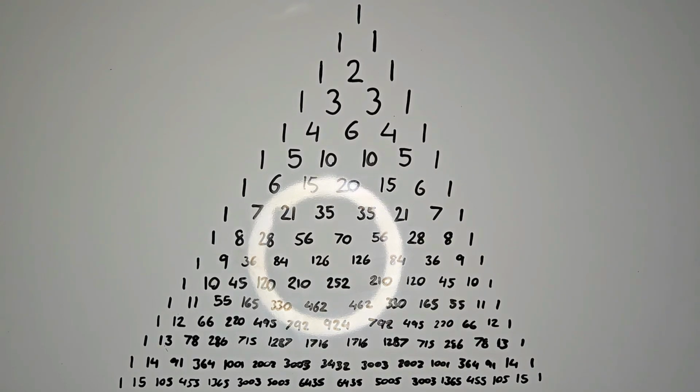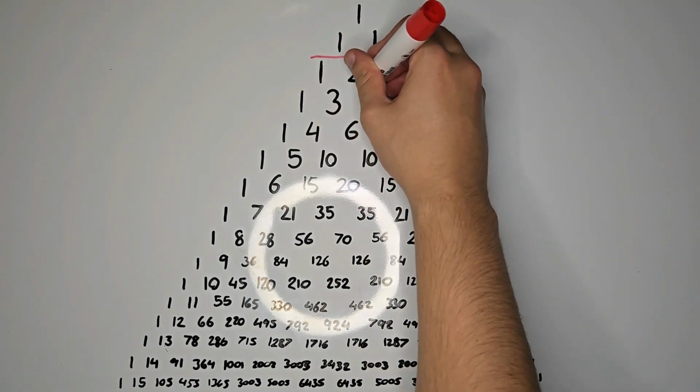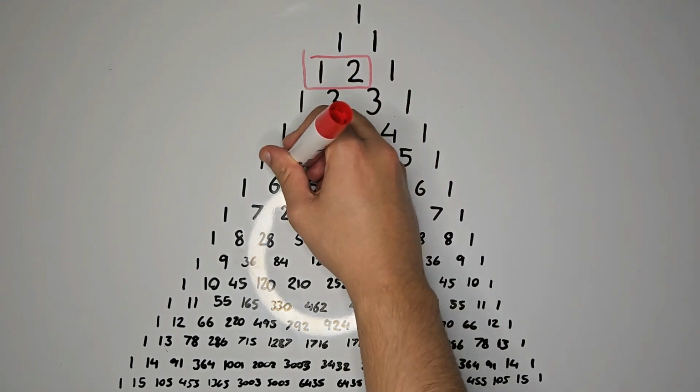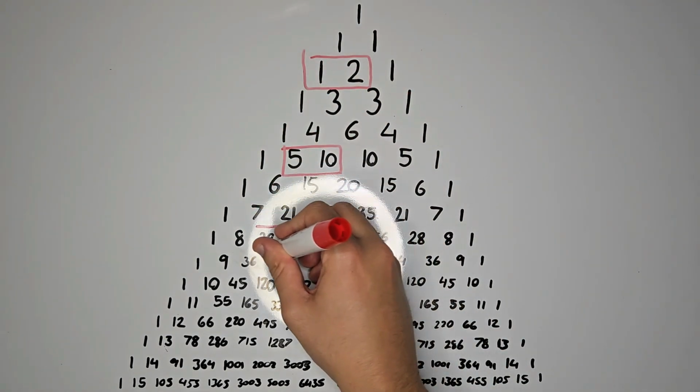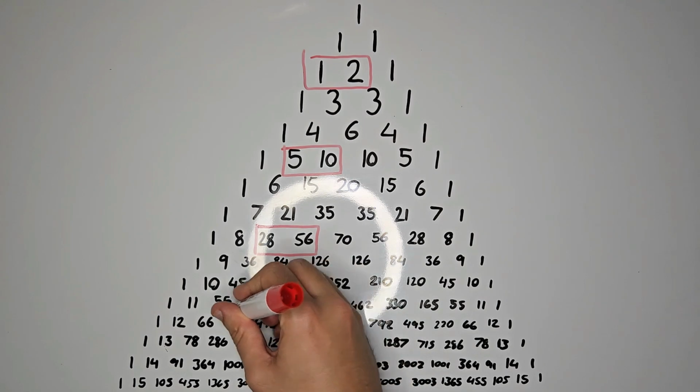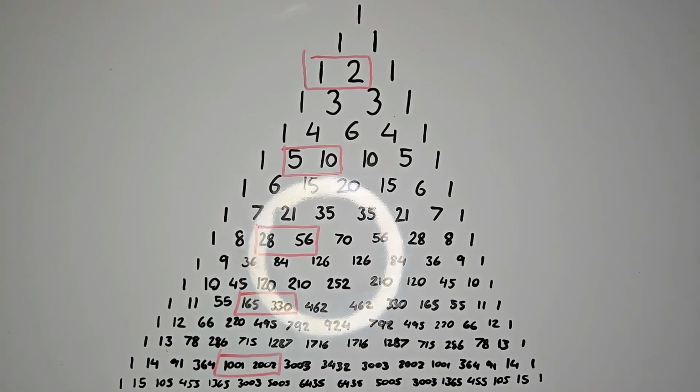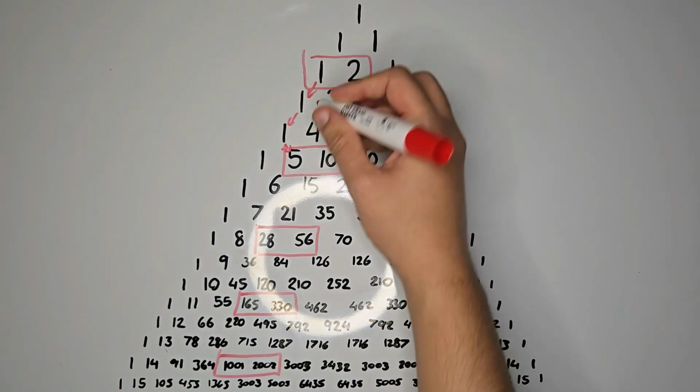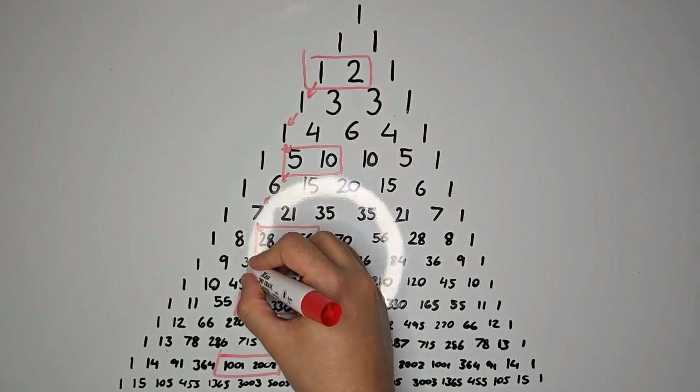Hello. Today I would like to discuss something I discovered in Pascal's triangle. If we mark every pair of adjacent numbers in the ratio of 1 to 2, we'll find something interesting. They seem to be evenly spaced along a straight line. To get from one such pair to the next, we go down into the left 2 and then down into